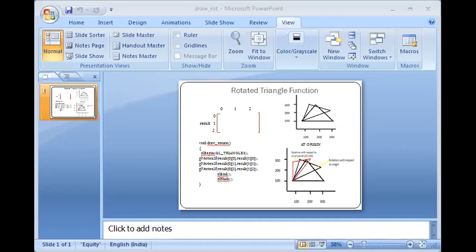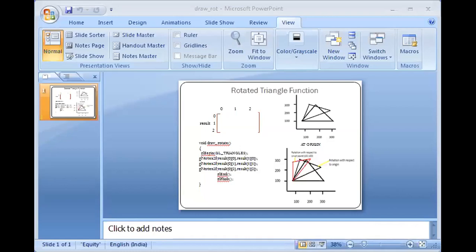How to bring this matrix into my program? Because I need to multiply each of these vertices with this matrix. So how to bring this matrix into my program? Using a 3 cross 3 matrix, where I will initialize each element with the respective components. So rotate, I can take any matrix: rotation of 0, 0 is equal to cos theta, rotation of 0, 1 is equal to minus sin theta. This is how I do. On the same lines for this also.